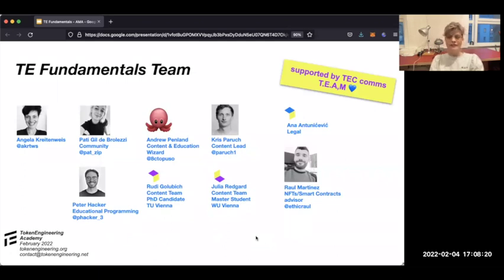Back then with Trent McConaghy, he was the first person who started writing and actually coined the term token engineering. And since then we are trying to bring together people who have relevant skills, a community of contributors to this new discipline, meaning we are also trying to form the body of theory and practice in token engineering. And I'm super glad to have this brilliant team around me. I hand over to Patty.